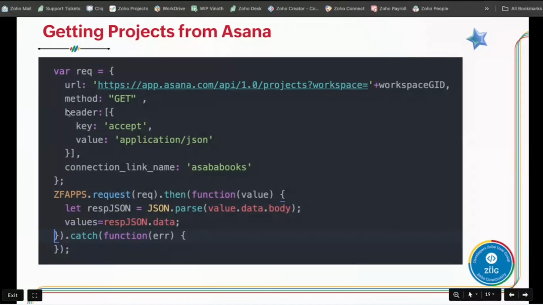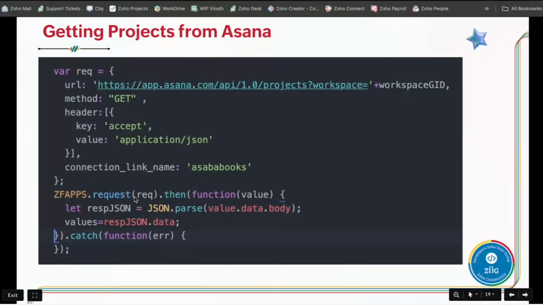After constructing this syntax along with the connection name that we have created for Asana, all these objects will be passed through the JS request method to obtain the project information from Asana. So this is the first part of our